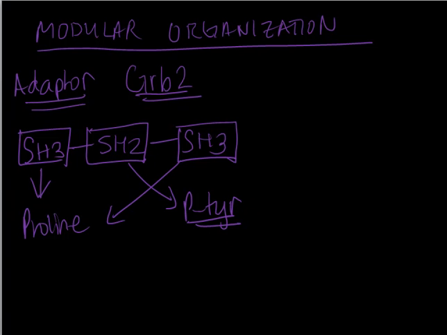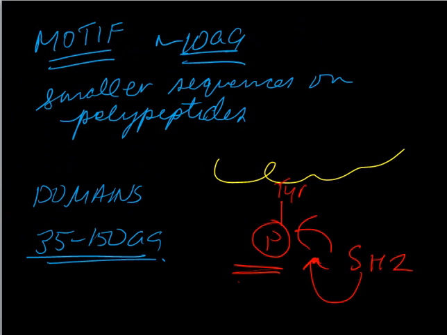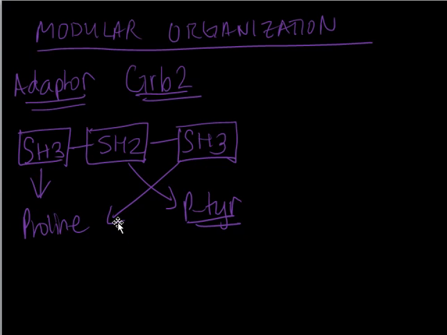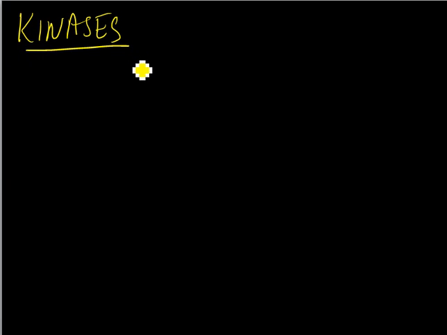Let's just quickly check it. Yep, so SH3 recognizes proline rich motifs. So that is the modular organization of your GRB protein. And yes, this needs to be memorized, unfortunately. The next one is your kinases. So this is like a general structure. An example we could use is